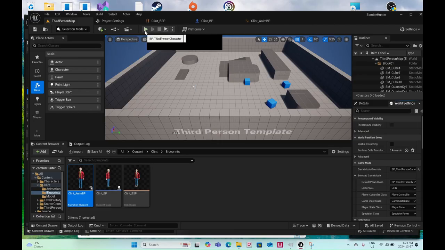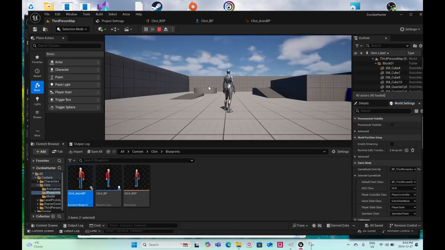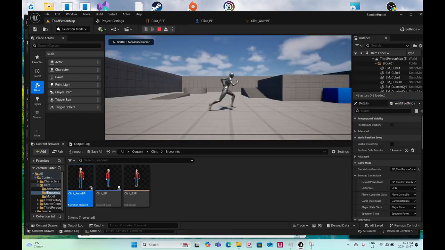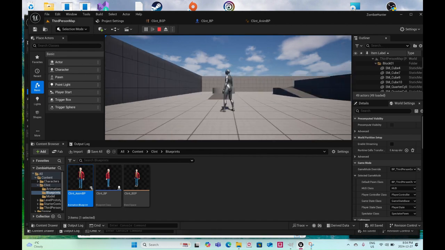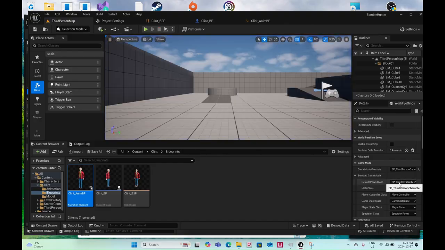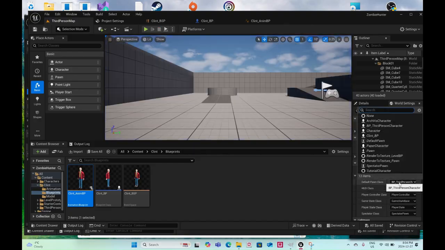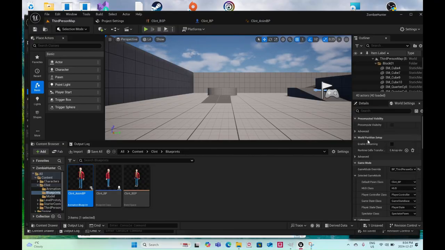So what that means is if I hit play, by default it's got this Unreal character set by default, but we don't want that. We're going to drop down and choose our Clint BP, which is the main blueprint, which is this one right here. So if I hit play now,